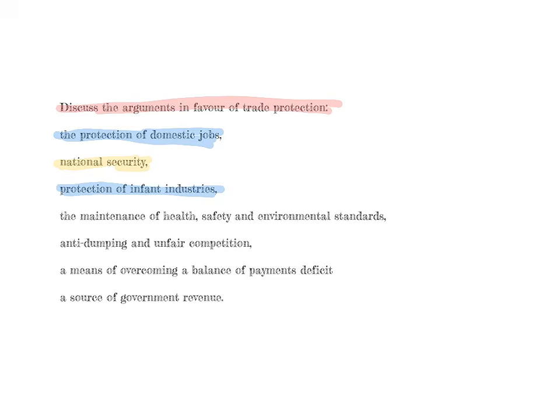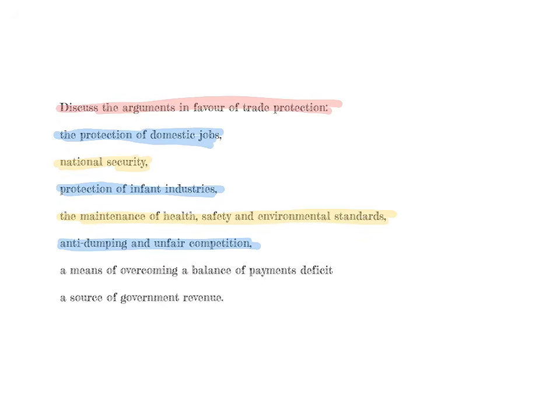Another argument is the maintenance of health, safety, and environmental standards. Some countries enact administrative barriers to maintain health standards or safety standards, or because they have different environmental standards. Another argument in favor of trade protection is that it protects domestic companies from anti-dumping and unfair competition. Some companies sell their product in overseas markets at a much lower price than their actual cost of producing that product. This is called dumping. So countries can respond by putting tariffs or trade barriers as an anti-dumping measure and to protect their domestic companies